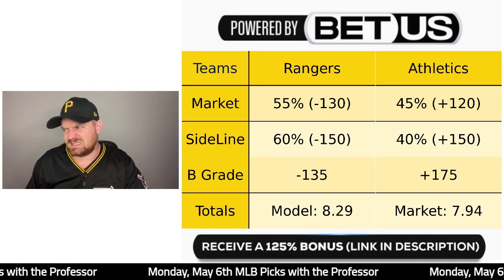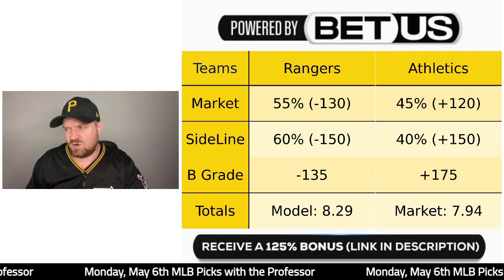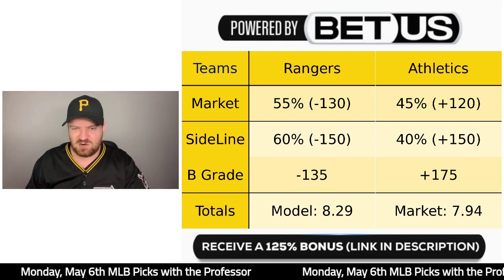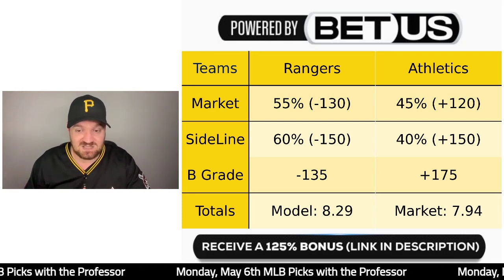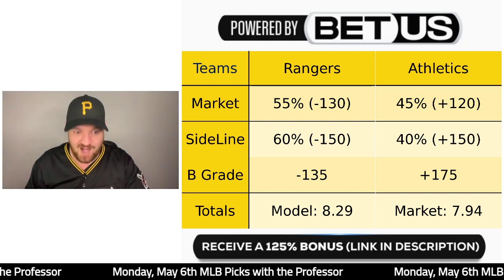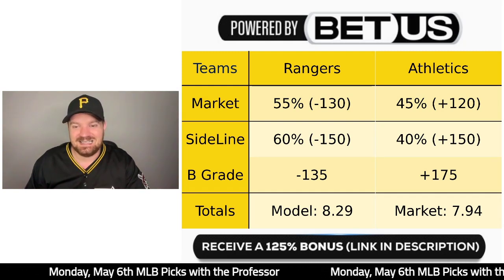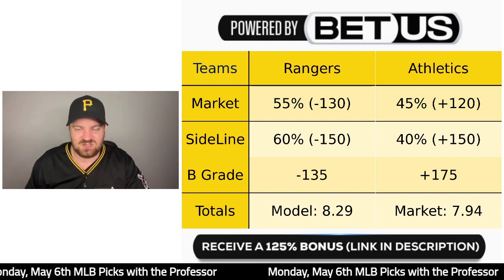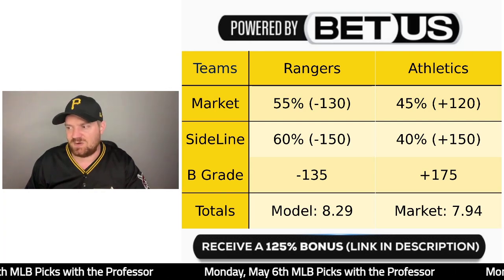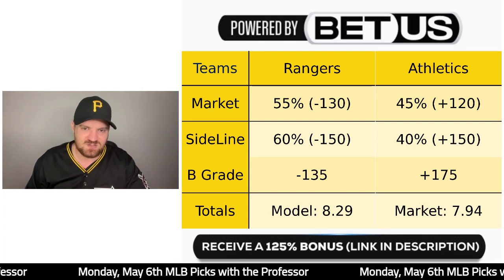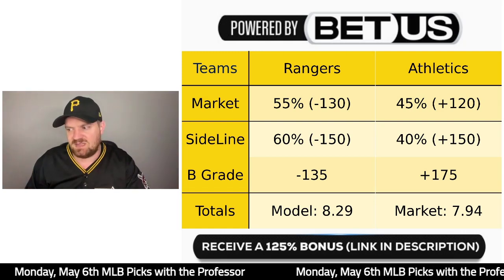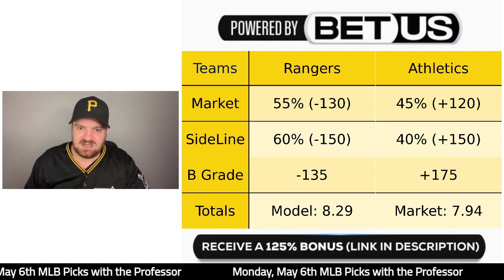The market is a little bit lower on the total than we are. We're a little bit higher, but that's kind of a rounding error type discrepancy. I know we had a game earlier where we were exact to the second decimal place, but that's not very common. This sort of discrepancy is not really big enough to read into. At this point, I think the main way to look at this game is